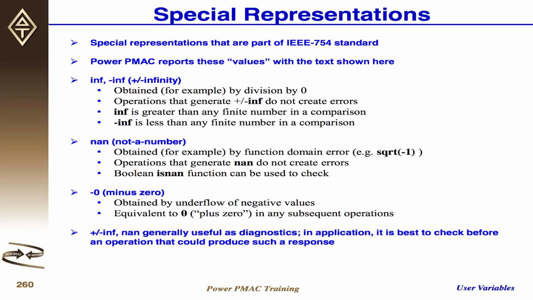You can check to see if those are the values you're getting, to see if you're dividing by 0 somewhere, or if you are using a function that has a domain error. The input you're giving into it isn't actually an acceptable input. It's best to check before an operation can produce such a response. If the result of something is going to be not a number, then set an error flag rather than doing the calculation, because if you're trying to determine motor positions and your calculation is going to return infinity, that's going to be a problem. So instead, if you think there's a chance they could do that, you